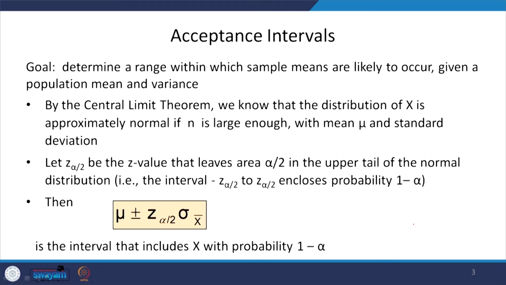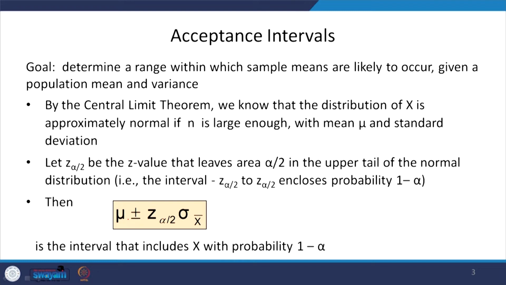Before that, from the previous class we have seen the sampling distribution of the mean. With the help of the sampling distribution of the mean, we can find the lower limit and upper limit of your sample mean. That is done with the help of mu plus or minus z alpha by 2 sigma x bar. The goal is to determine a range within which the sample means are likely to occur given a population mean and variance. So the population mean is given and the population variance is given, and we have to find the range of sample means, that is x bar,